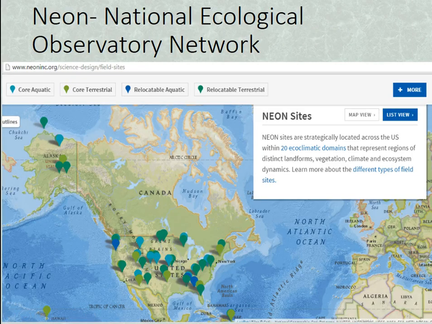Okay. A really cool group, an NGO that works at nature preserves, is NEON. I have a friend who works here. And these are all the sites that they're at. What NEON does is they collect the same type of data at all of these sites. They look at temperature, water quality, small mammals, amphibians, birds, and they're collecting all this data in the same way, and it's open source,